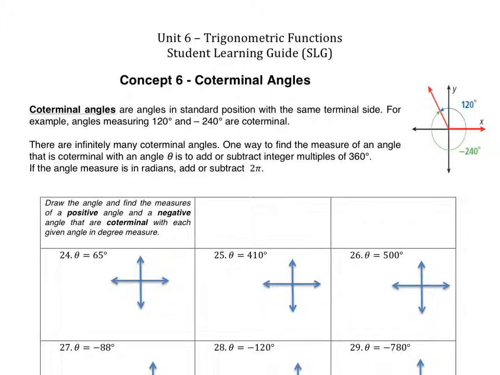In this set of video notes, we're looking at concept 6, coterminal angles. So coterminal angles are terminal meaning end and co meaning together. So two angles that end together at the same place. So if we are looking at